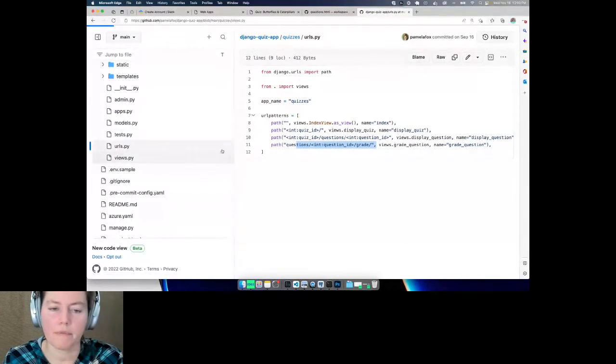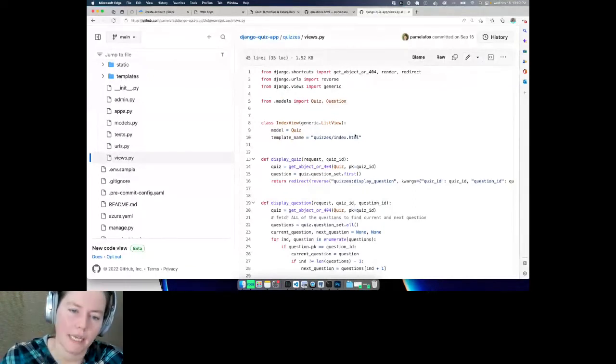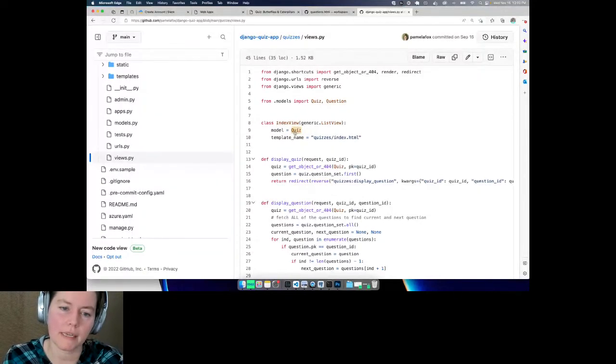And then we have the views, and in the views, Django has this idea that views are related to models, and they try to make it really easy to make a view for a model. So the index view is based off the quiz model. And when we say this, Django will automatically pass in all of the quizzes to this view and make it easy to make a list of them, because we've said we want this to be a list view. So this then means in our template,